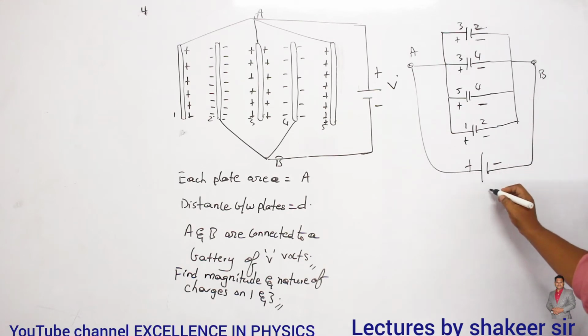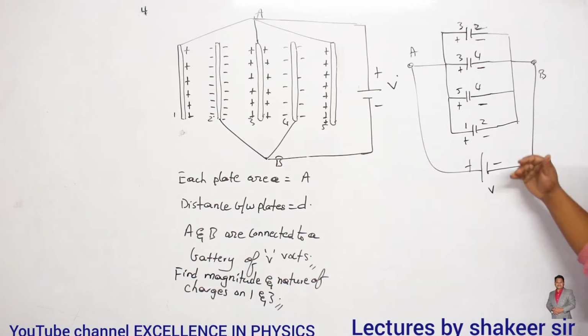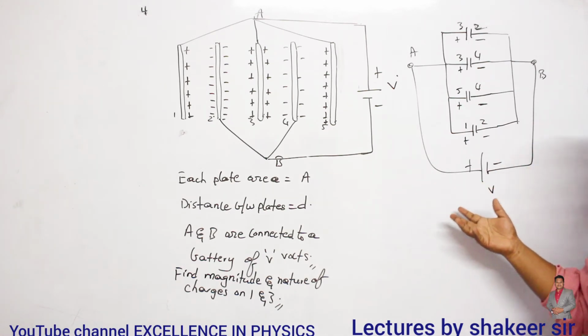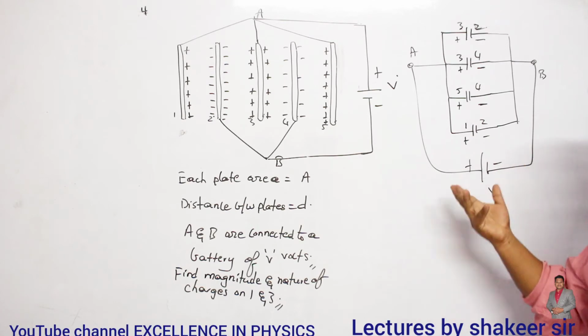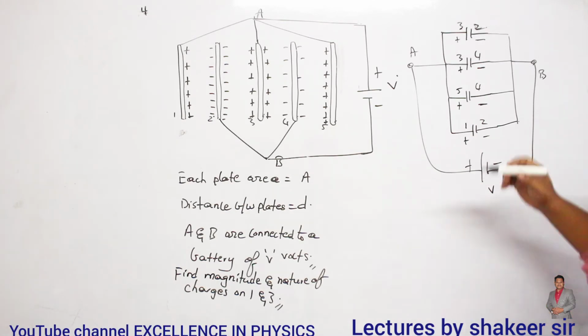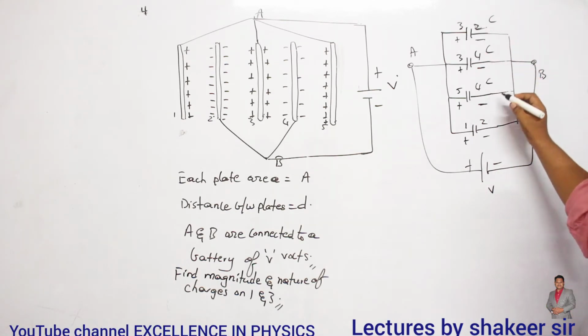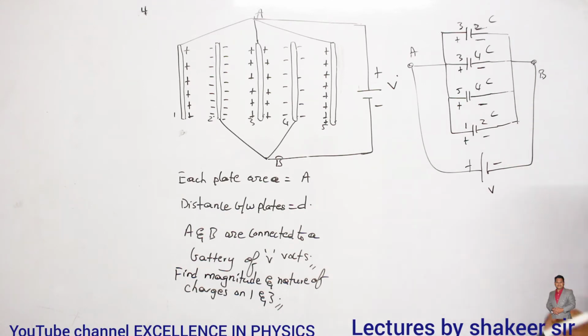So this is plus, this is minus, this is B. So this is the required circuit which I got. So it means that the 1, 2, 3, 4 capacitors are connected in series connection, and the charge stored on each capacitor is the same, the area is also the same, and the distance between the plates is also the same. So this is a C, this is a C, this is C, and this is also C. So what is the total equivalent capacitance? Total equivalent capacitance is C plus C plus C plus C, which is equal to 4C. Okay. So that is my required answer.